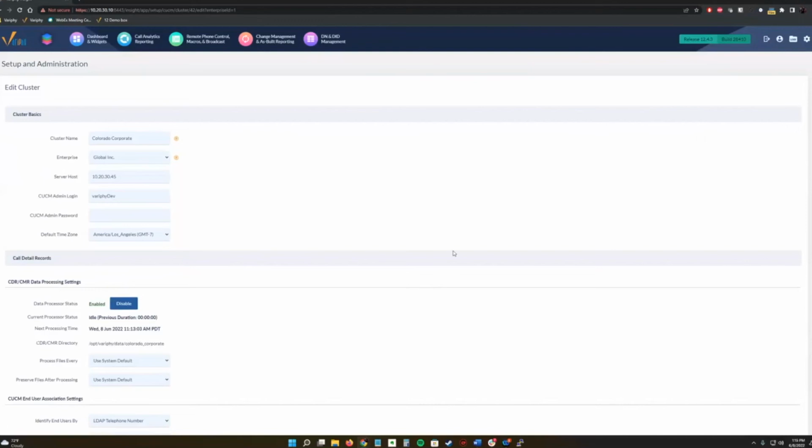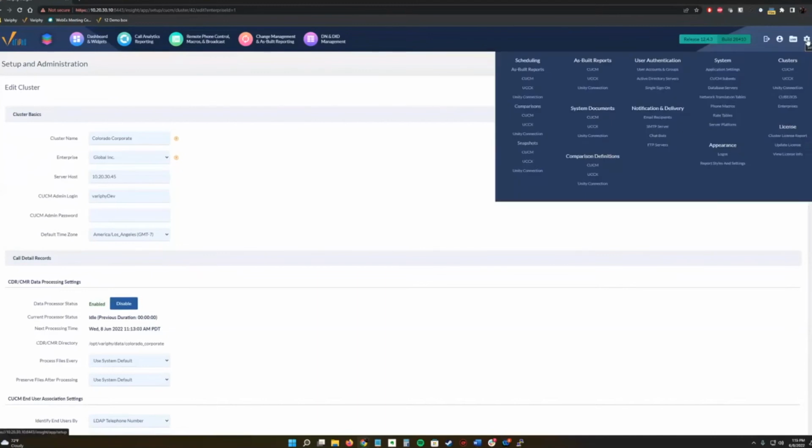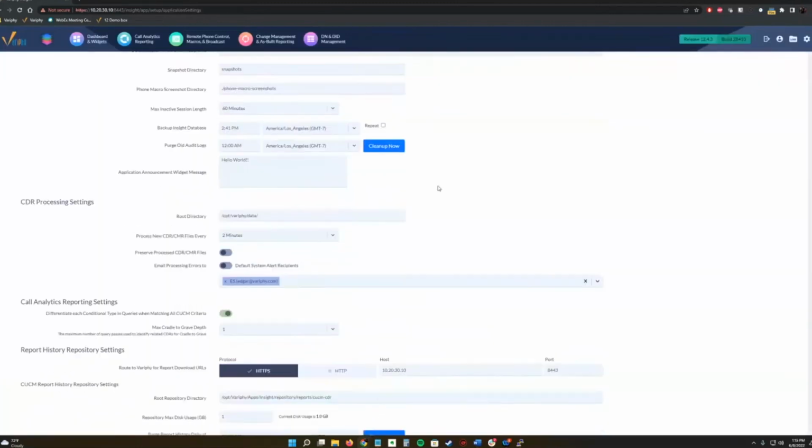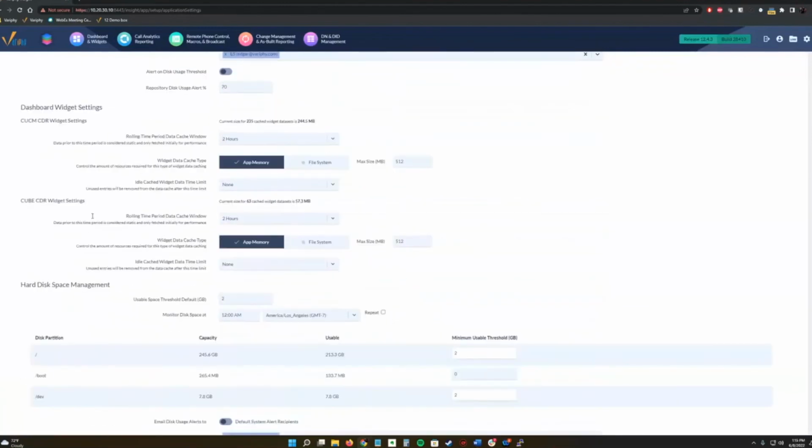Another thing we can take a look at, let's say it's a more specific slowness, maybe it comes to our dashboards. If you go to the application settings here in the gear icon top right, you scroll down a little bit, we're going to have these dashboard widget settings. In here, they're separated into the two different widget types that we've got, CUCM and Cube.